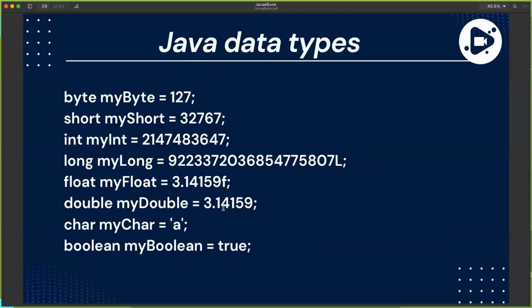Then you can move on and look at some of this data, how they are being represented. 127, and so on. This float ends with the F here, which is a float, my integer, my byte. But remember, the way Java code is written, it is written in what? In camel case. That's why you see in the center, we have a capital letter. That's camel case. But in Python, most scripts are being written